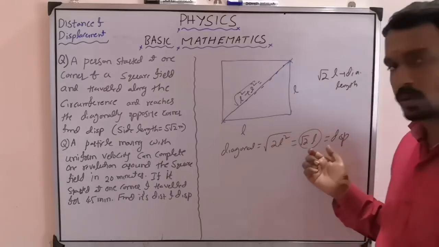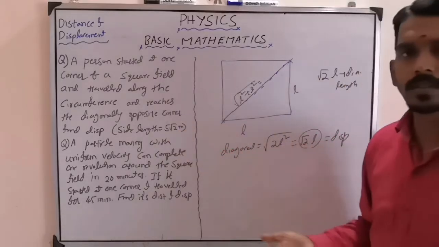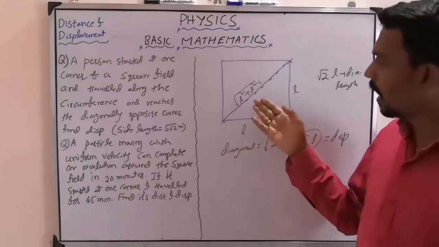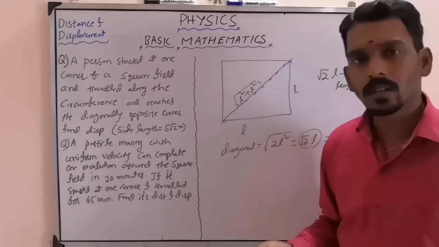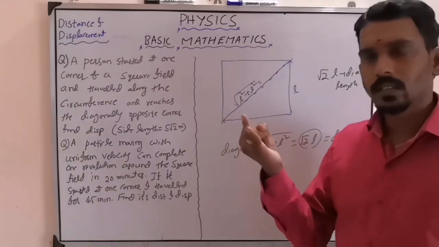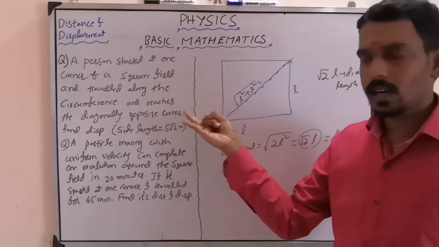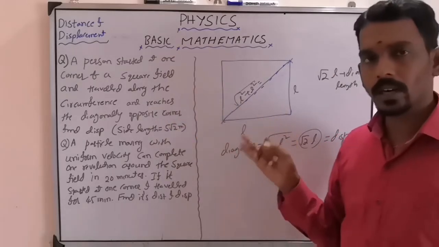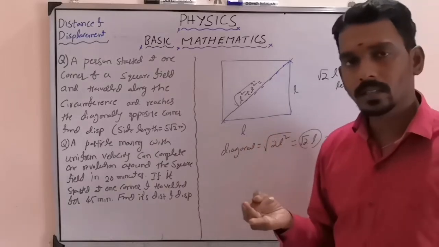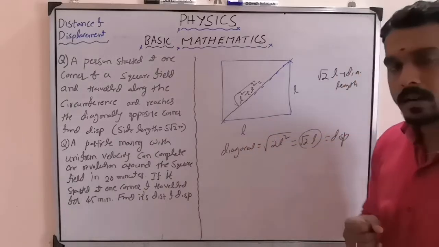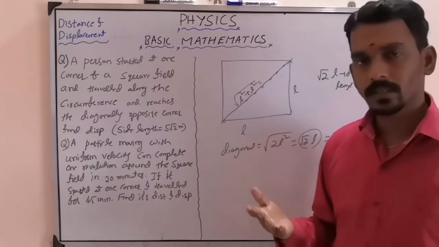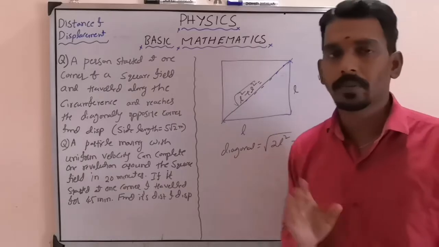The value we got is root 2 L, where L is 5 root 2, by substitution. And here we have used some mathematics, like the diagonal of a square or the Pythagoras theorem. Everything is mathematics. So understand the question, then take the data and draw the diagram if it is required, or take the physics concept like distance, displacement, definition, then apply the mathematics. Like this, if you do it step by step, in 3-4 steps, then you can get the question easily and perfectly.